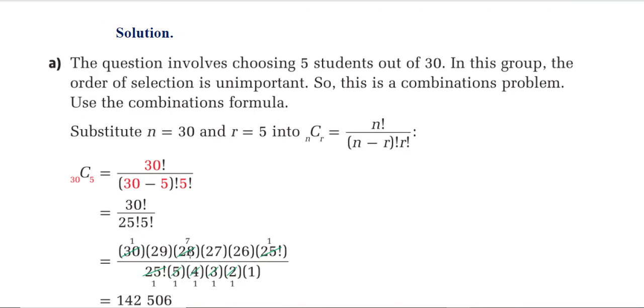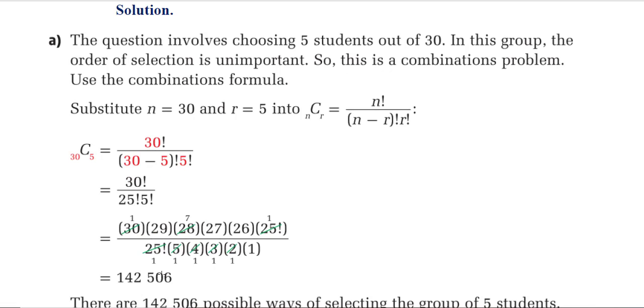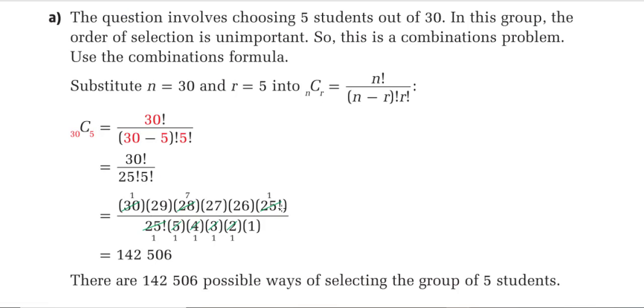Here you can see we can cancel this 25 factorial with this 25, and we have the other ones 5, 4, 3, 2, 1, and after 25 we have 26, 27, 28, 29, and 30. So we can cancel the possible numbers, and we have this value